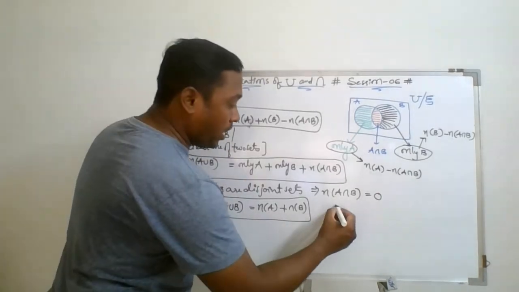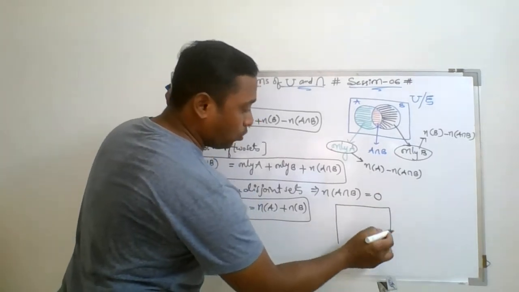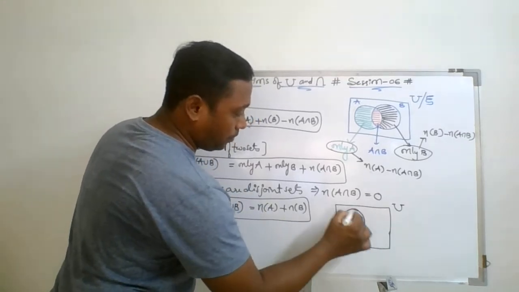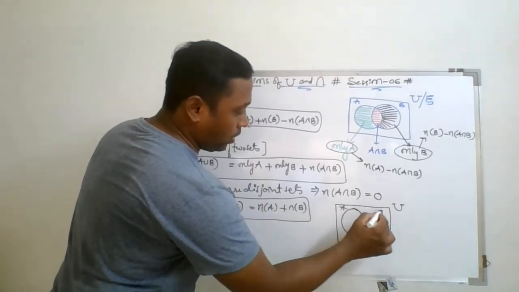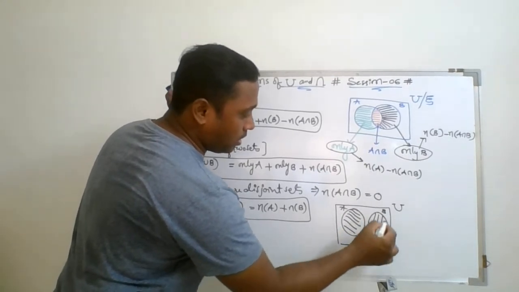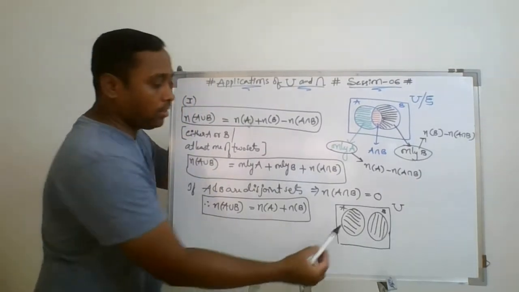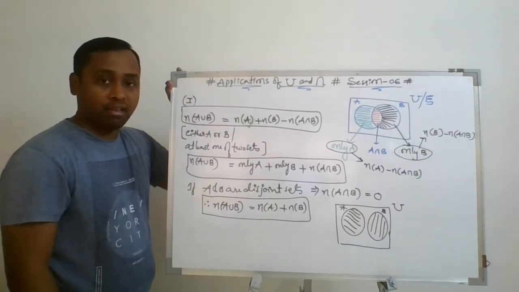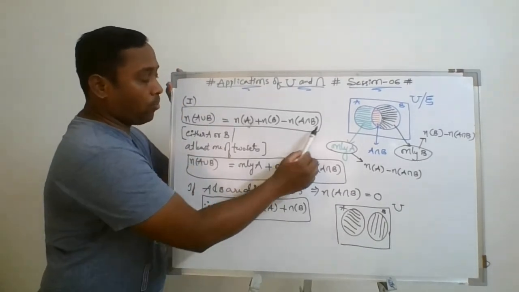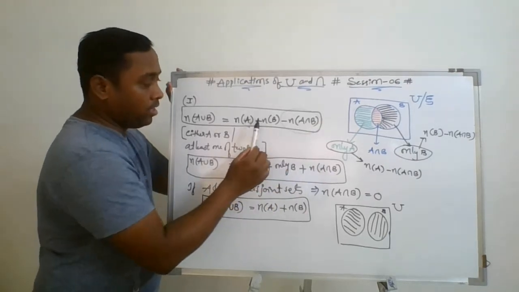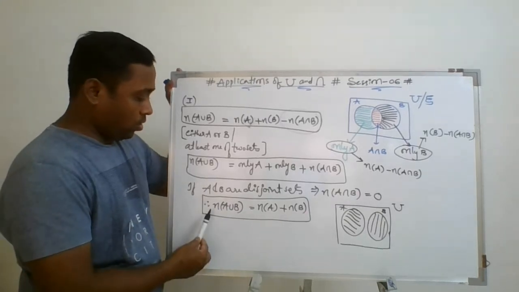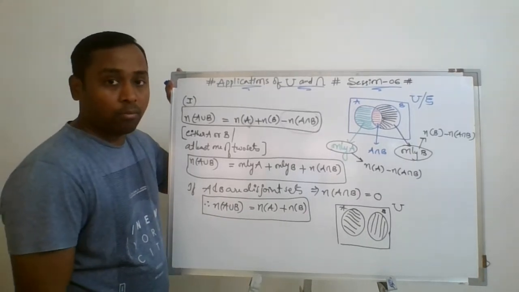So how can you show disjoint sets through a Venn diagram? Let's have a look. These two are disjoint sets. There is no common area. You can see the circles are disjoint from each other. These are called disjoint, meaning there is no common element. Hence their intersection will not be there, hence in this formula the intersection will not be there. Then this formula is reduced to this. Are you getting me? So this is what we call the number of A union B fundamental formulas.